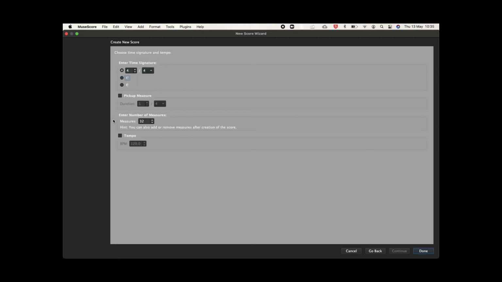And the number of measures, the number of bars in our piece, number of measures is 32. If we wanted to change it, again we could use the little arrows, or we can type 12 bars. When we're happy with everything on this page, we will just press done,